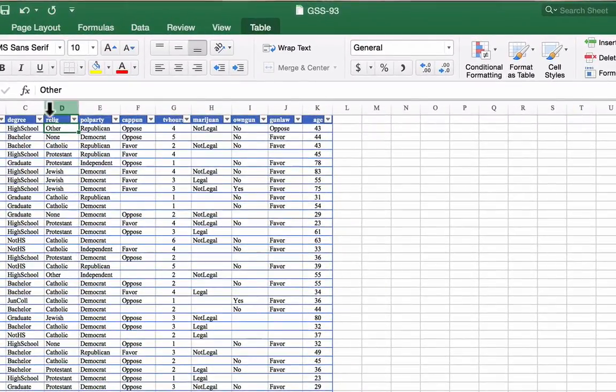So now let's say we're interested in looking at the number of people in this survey and determining what they identified as their education. And so we have here high school, bachelor, graduate, and so forth. Now we have 1,606 entries here. So if we want to go through and count that up, it would be quite an onerous task. And so what I'm going to do is select the column, and I'm going to go to the Data tab